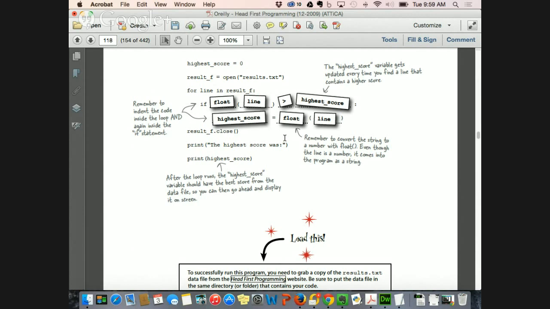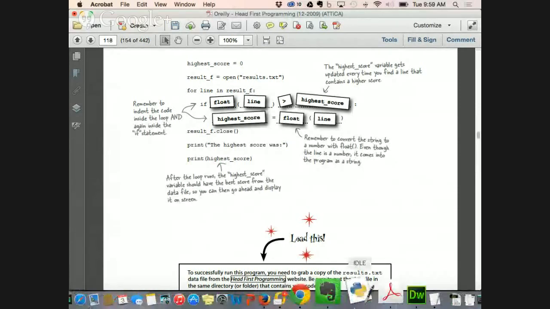So then we open our file. We set for line in result f, if float. So they're making sure that this line, they're getting the numeric value. So they're calling it float line is greater than the highest score. Highest score is equal to float line. If that's true, if the line of code is greater than 0 the first time, then it's going to move what that value is into highest score. And if you recall, when we looked at that